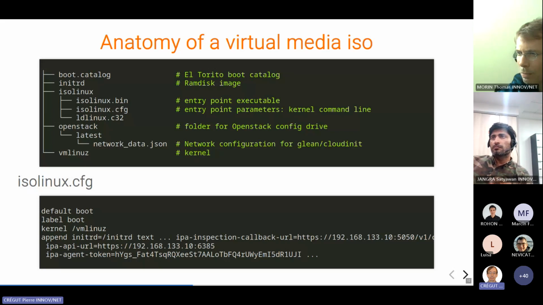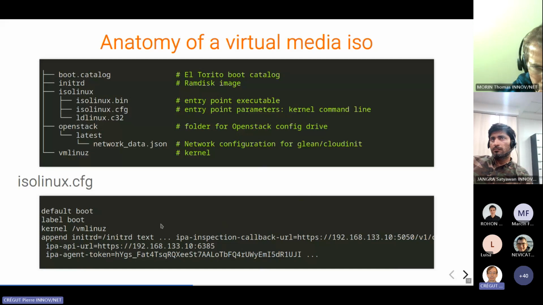are starting, but they are started not directly, they are started through isolinux.bin, at least for the BIOS version. In UEFI, it's a little different, but basically the same principle. And you've got isolinux.cfg, which contains the command line that is used, the boot command. So you've got the kernel and the parameters of this kernel, and it's very long because there's a lot of